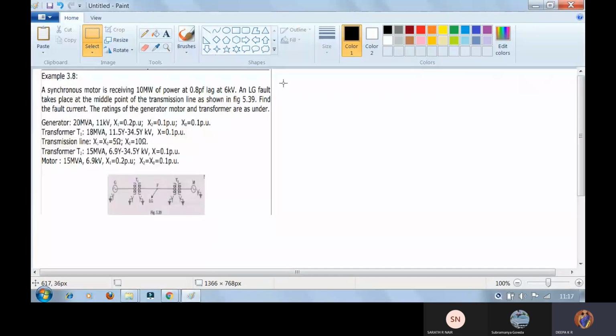So let's write the MVA new, which is applicable to all the system. MVA base value new is considered as, I'll take the first one, that is the generator value 20 MVA. Is it fine? It's your wish, you can take it on any of the system, but normally we prefer the first side, we are considering it as 20 MVA, and that is on the generator side. So from the figure, we know that is the generator side.